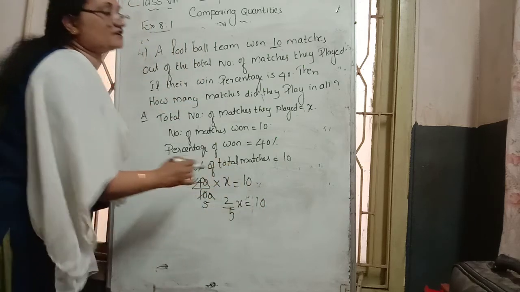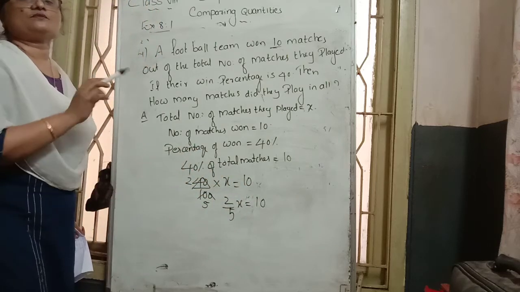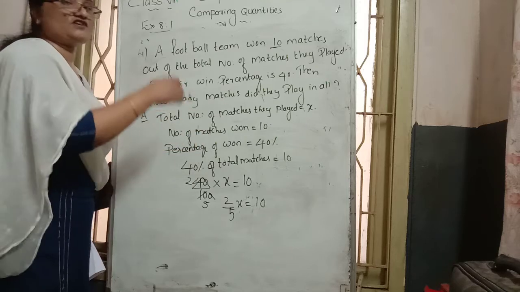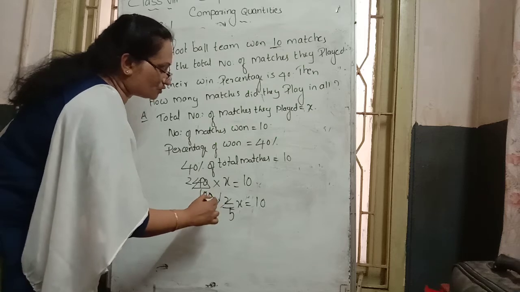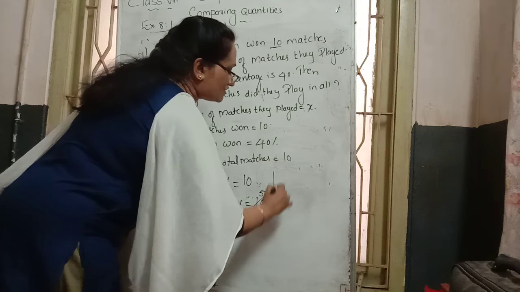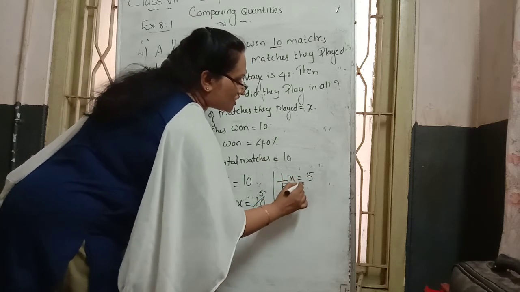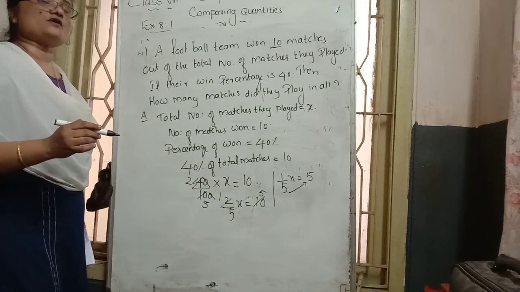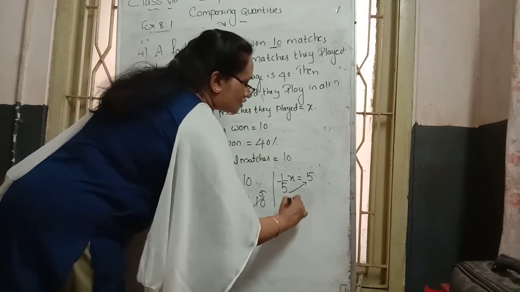In the same way, the numerator on the left side, and 10 is also in the numerator. The denominator of 10 becomes 1 only. So in the numerator part, we can cancel the 2 table on the right or left. 2 into 1 is 2, and 2 into 5 is 10, so cancellation is possible. So we get 1 by 5 x is equal to 5. Then the denominator 5 is multiplied to the opposite side. 5 goes to the opposite side and becomes multiplication. So what does the x value become?